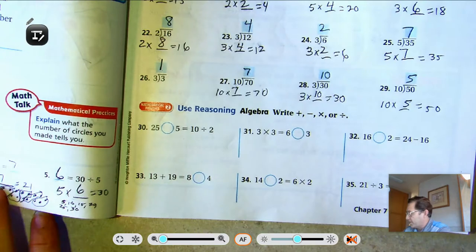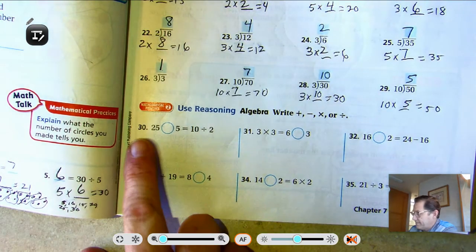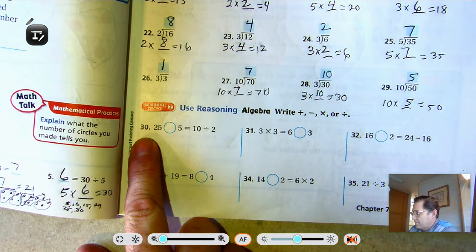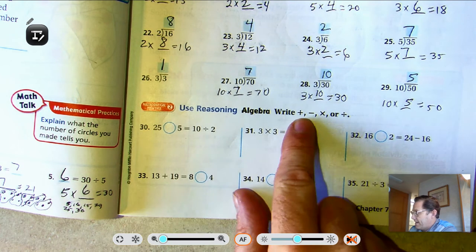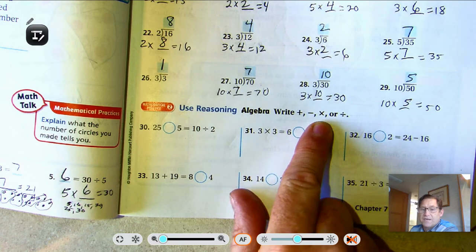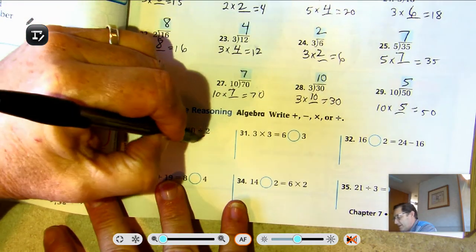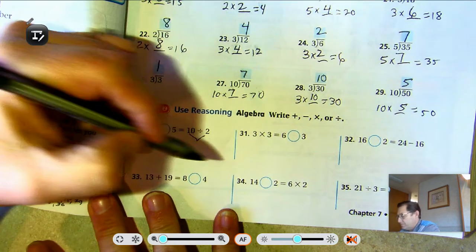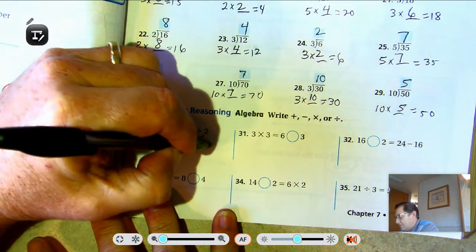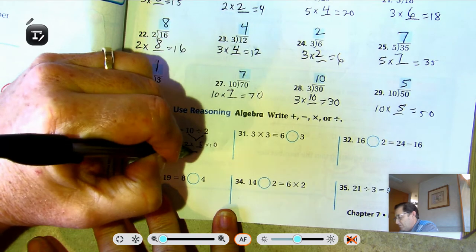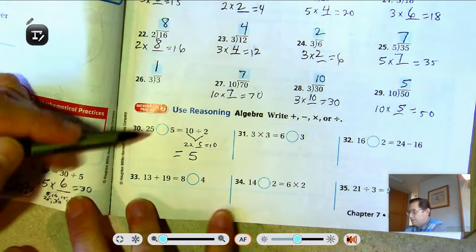All right, so for 30 through 35, we got to see if we need to write addition, subtraction, multiplication, or division to make the sentence true. So let's see what we got to have here. We have 10 divided by 2. That's the same as saying 2 times what is 10? 5. So 5 equals